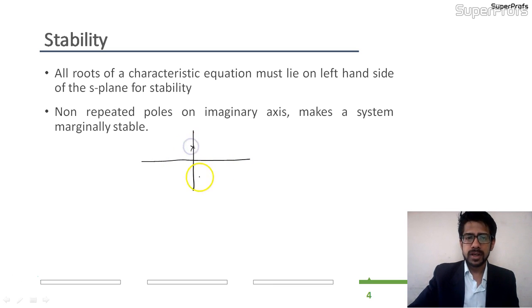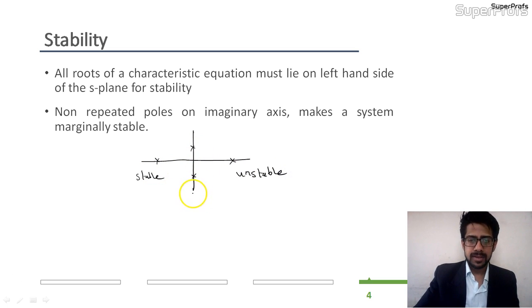So for left hand side roots you have a stable system. For the right hand side roots you have an unstable system, and for the roots occurring on the imaginary axis you get a marginally stable system. Okay,